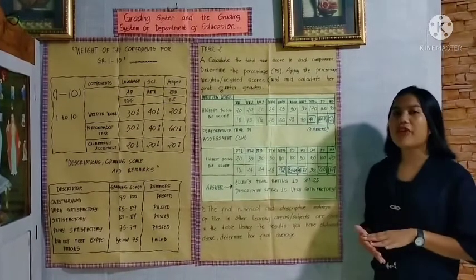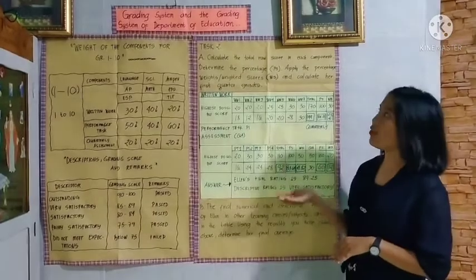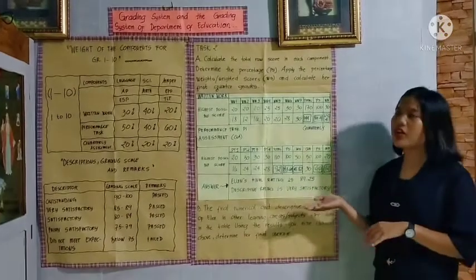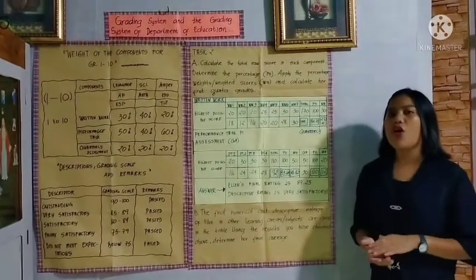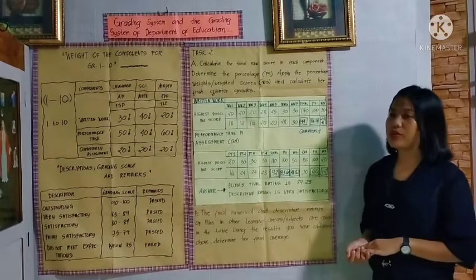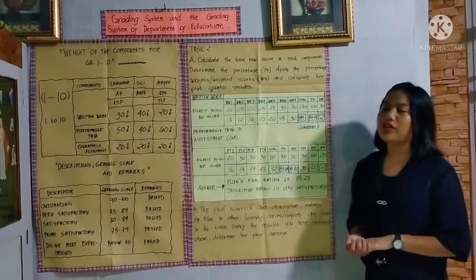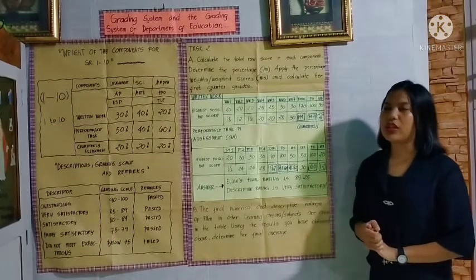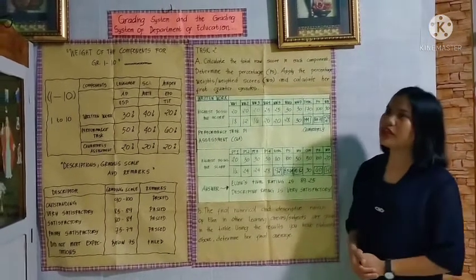So to get the final grade, we have to look at the grading system of the Department of Education, and we have to check what transmuted grade corresponds to 79.23 if we're going to transmute it. So it is transmuted to